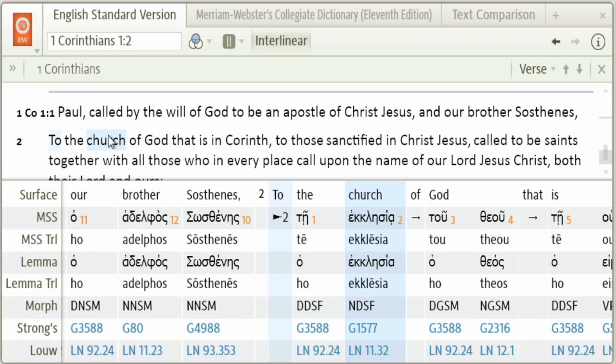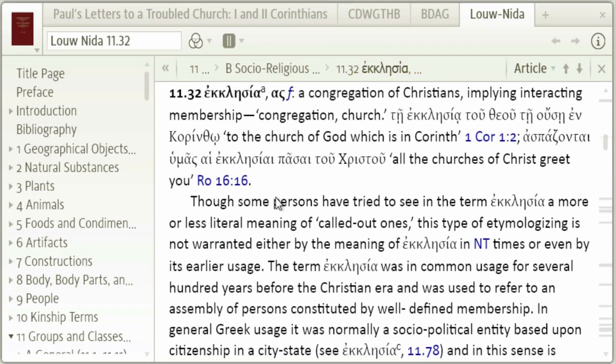And what's helpful about having the Greek lexicon by Louw-Nida is that it has some helpful information on this issue. Here there's a number, 1132, for ekklesia. And note their insight here. Though some persons have tried to see in the term ekklesia a more or less literal meaning of called out ones,